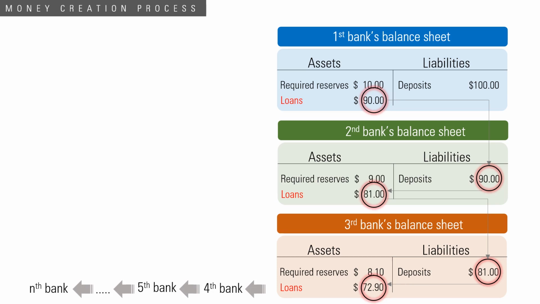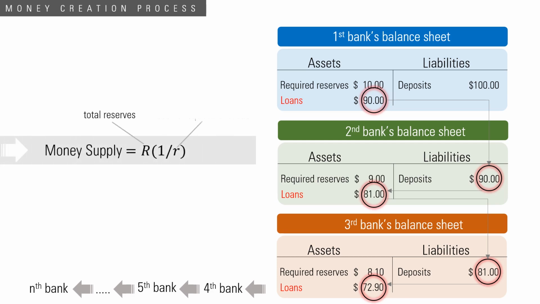Total money supply is again calculated by summing all deposits of each commercial bank. But to calculate the maximum amount of money supply that can be created, we can use the geometric series mathematical formula. This is the formula where R is the total reserves, small r is the reserve requirement ratio, and 1 per r is called the money multiplier. So,